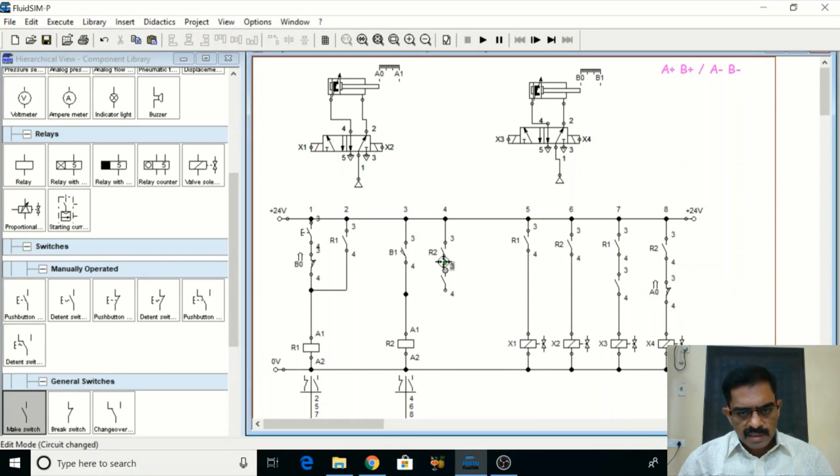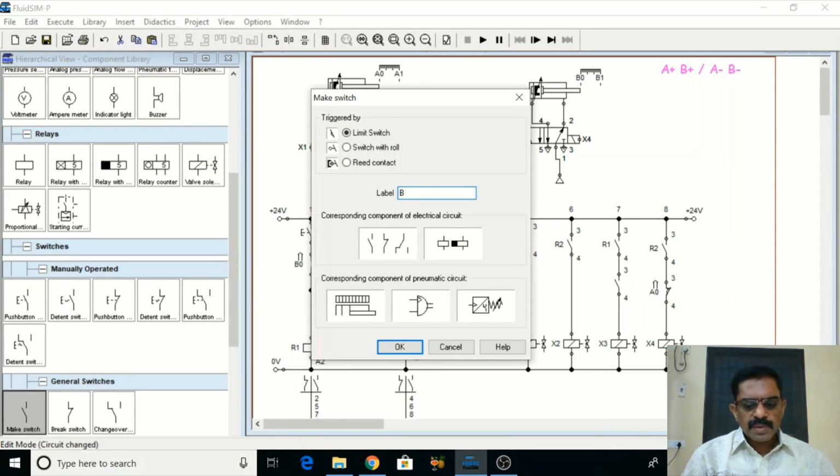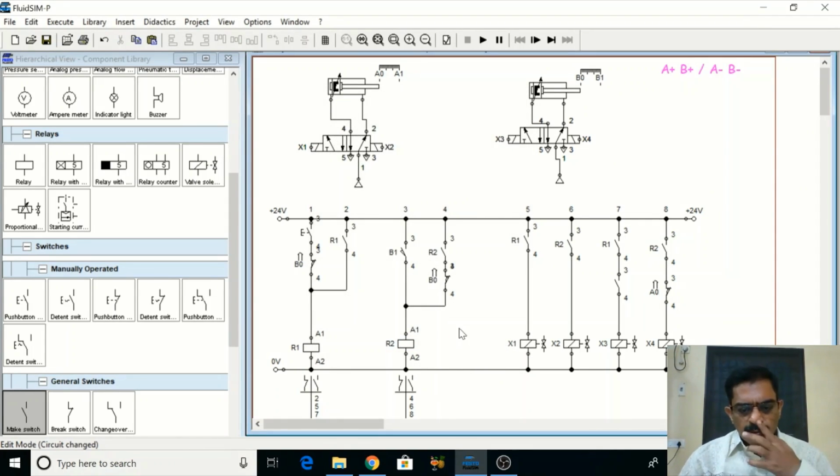So open contact. So in latch itself I am placing this. So I am selecting this. So this should be my B0. So B0 is placed here. So what else I missed, I have to check. So B0, and this group will be actuated with B1, and this group will be actuated by